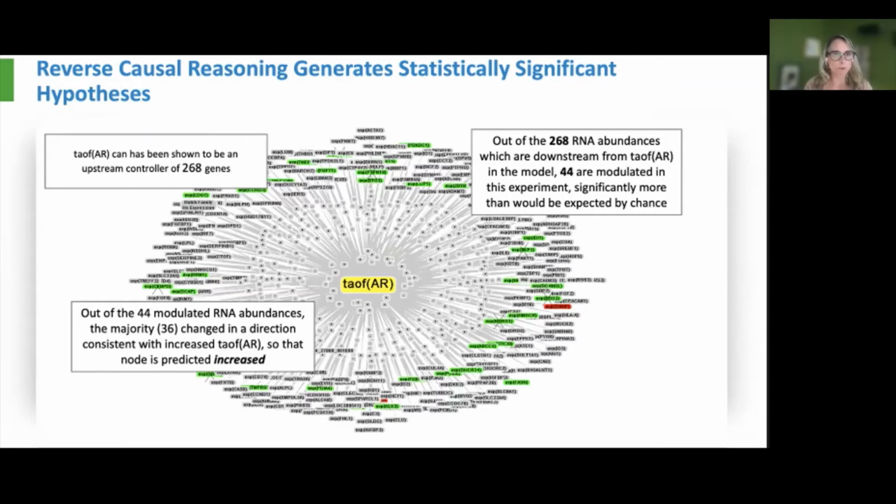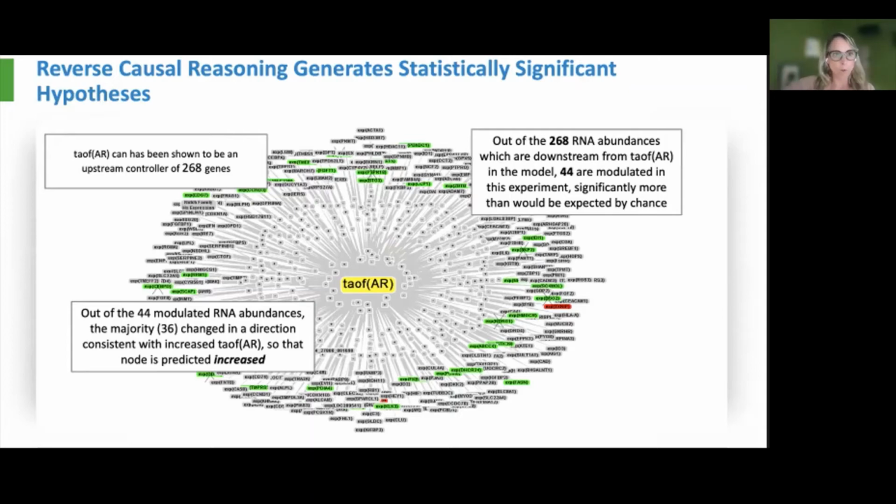And out of those 44, 36 of them were changed in a direction that is consistent with increased androgen receptor signaling rather than decreased androgen receptor signaling. And there's kind of another metric in here, which is that, believe it or not, this actually passed an enrichment statistic. So out of the 268 RNAs that we know that the androgen receptor can control because we've curated that information,